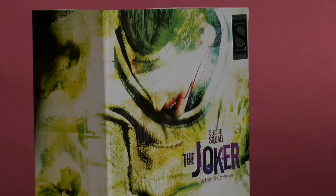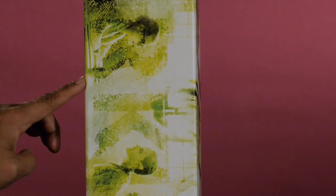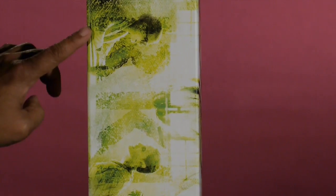So let's see. Turn it around to the side, and you get a nice, real, actual muted photo from the still from the movie of Margot Robbie as Harleen Quinzel, the therapist, aka Harley Quinn, and Jared Leto, aka the Joker, inside Arkham Asylum when they were doing that interview session, which got left on the cutting room floor. Actually, you can see it in a special edition of the Suicide Squad DVD. But this is that on the side, and it's muted with all these greens and fuchsias and purples,